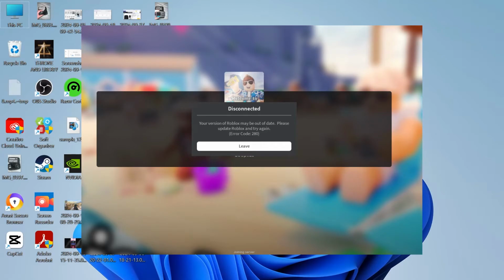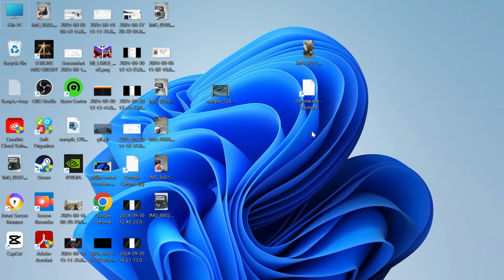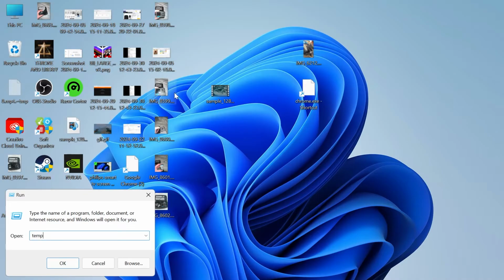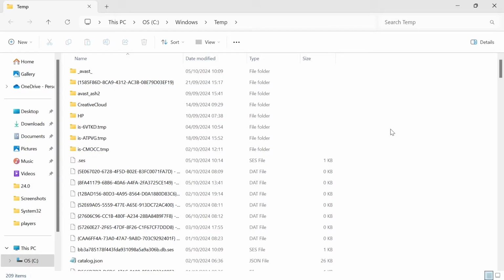In this video, I'll show you how to fix the Roblox Error Code 280, which is usually accompanied by a disconnected error message. So in order to fix this, you first need to head over to your start menu and we're going to search for run and then click on the run icon. In the search box, type in the word temp and then hit enter,